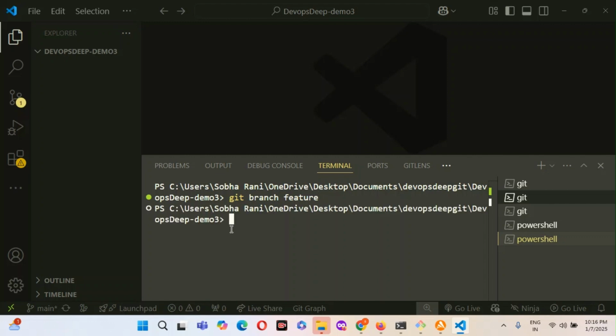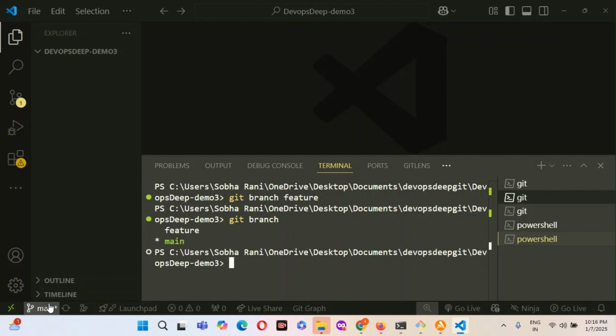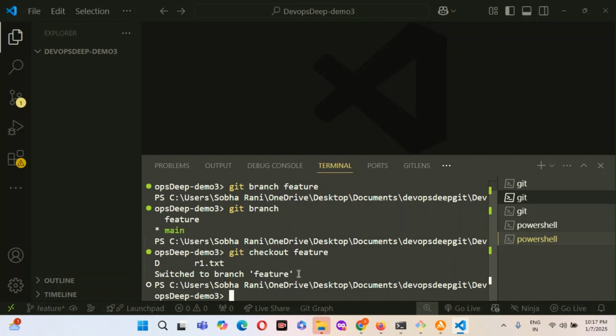I create one branch, future, just to see that the branch is coming or not. Git branch, see the list of branches. Now it is there. Now I'm checking out future. Git checkout future. So switched to branch future.